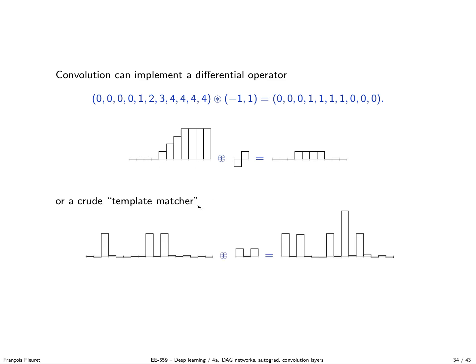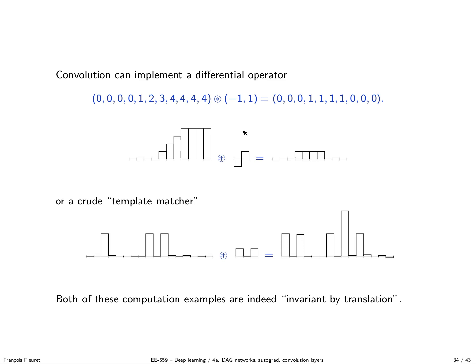Also, you can see a convolution operator as a crude template matcher. If you have an input signal like this, and you want to find in your signal a profile like this somewhere, you get something that looks like a matching score. At every location, you get how much the signal looks like this. At first, it matches a little because you had at least one of the two peaks. Then suddenly you have your complete hit because you have the two peaks, and then again partial. Okay, and this makes sense as those two computations are indeed invariant by translation.